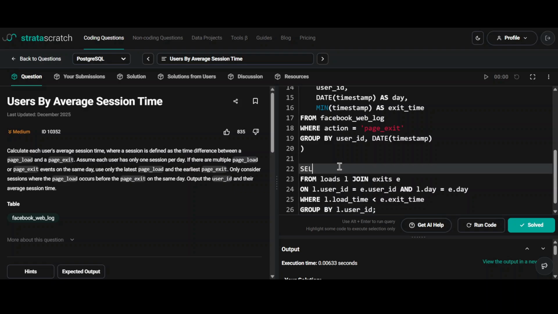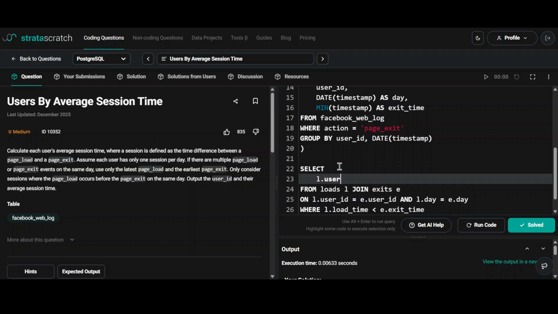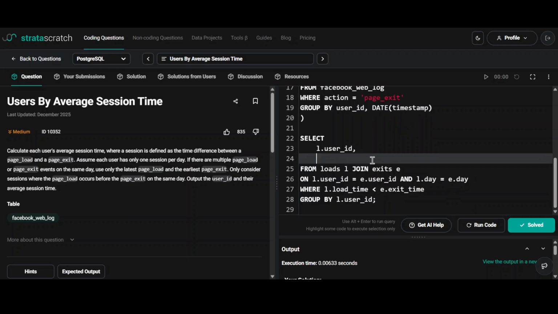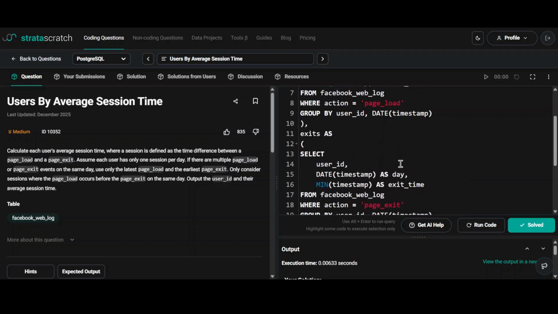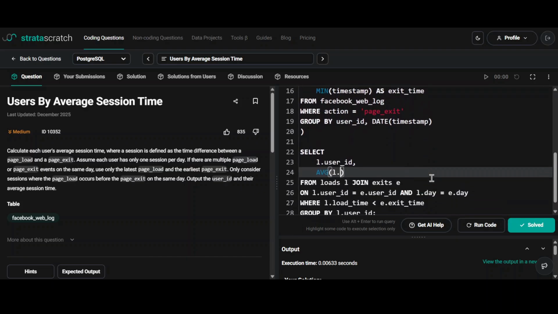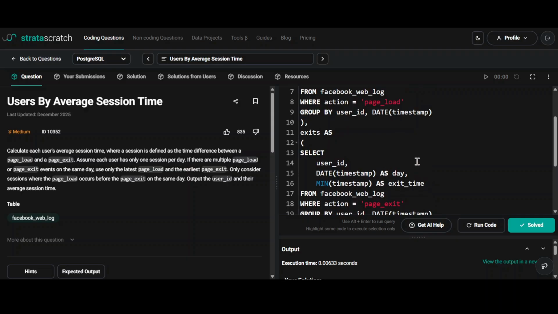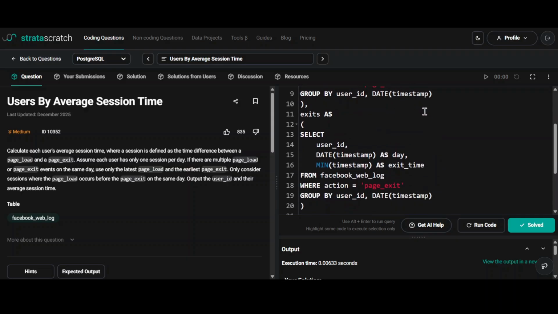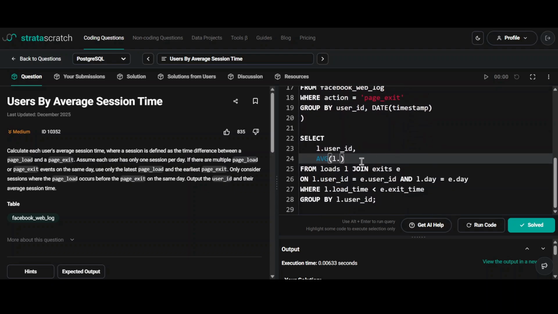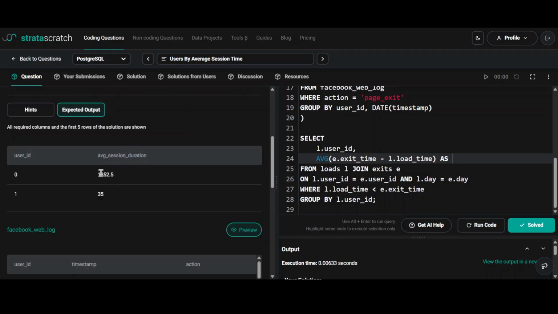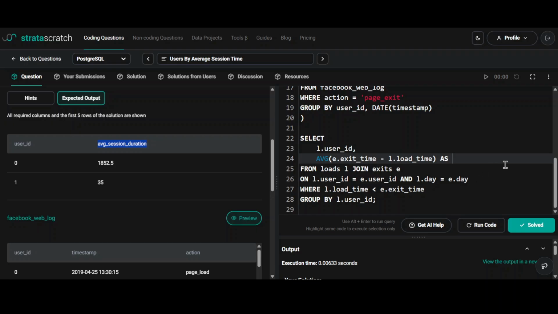So now our final result will be to select L dot user ID, and we need to take the average of the difference between the exit time and the load time. Exit time will be more because it will be the later time, and load time will come first. So we need to take the difference between exit time, which will be E dot exit time, minus L dot load time, and I will be writing the column name. The column name will be average session duration,